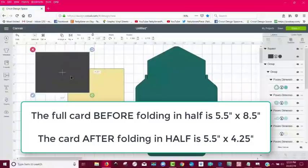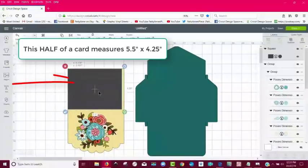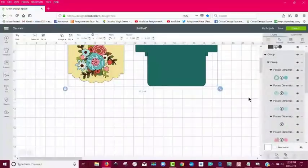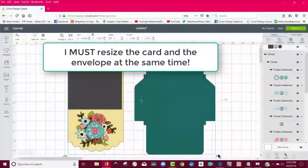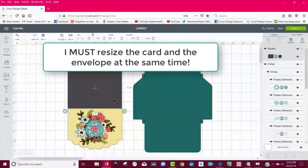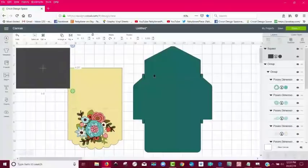Okay. So this is what half of my card is what I would like it to be. So now what I can do is I can just leave this here if I want to, and come down to the grouping of these and resize it until it ends up being the size I want it to be. So there it is. That's it. That would be perfect. So then I could just get rid of this, and this would be the size it fits into my